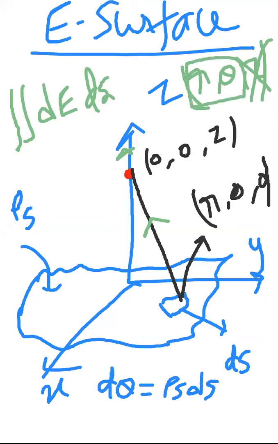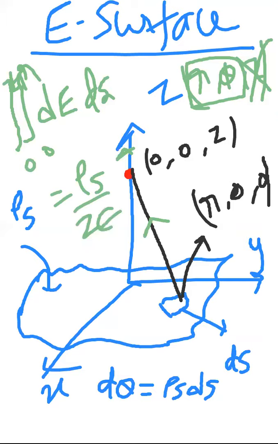Then you can go anywhere on the surface. That means your r can be anything from 0 to infinity. Your theta or phi, generally we'll call it phi, can be anything from 0 to 2 pi. So one goes from 0 to infinity, another from 0 to 2 pi. Then you compute the answer. Finally, your answer will be rho s divided by 2 epsilon. Yesterday we have seen what the answer is in the case of surface charge density. Finally, your answer will be independent of the distance where you are. So that is rho s by 2 epsilon.